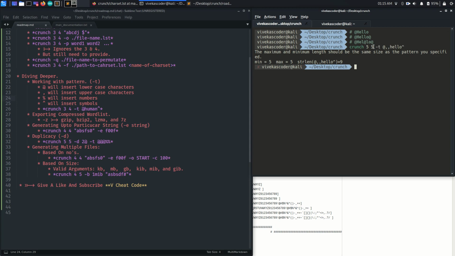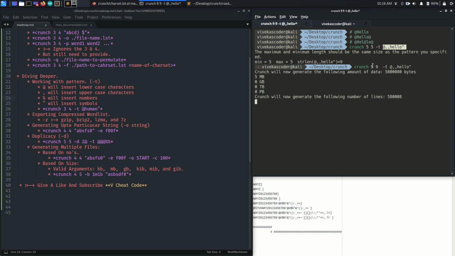But you are providing 5, which means the length should be 5, but here we actually want 9 characters, so we are trying to get a 9 character password. In order to remove this mistake, you need to provide 9 and 9 as the minimum character length and maximum character length.